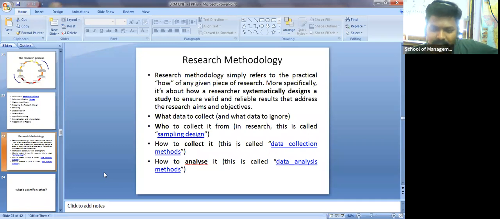Okay, now see, from an MBA perspective, let me give an example. Let me take an example of a marketing guy. Suppose he wants to know how many people are interested to buy online, and why they are not interested to buy offline. Okay, so you should know what data to collect and what data to ignore. Suppose you thought to know how many people are using Apple mobile phones, and not offline, how many of them are buying through online.